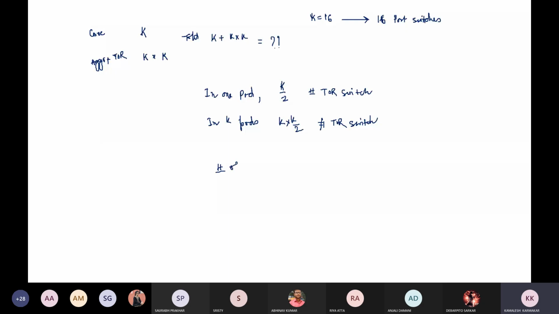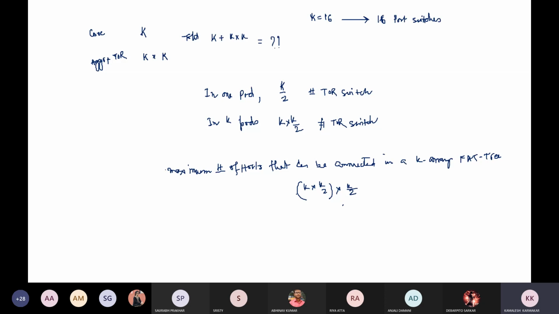So the maximum number of hosts that can be connected in a k-array fat-tree is the number of TOR switches, k into k by 2, multiplied by the number of hosts that can be connected with each TOR, which is k by 2 again.